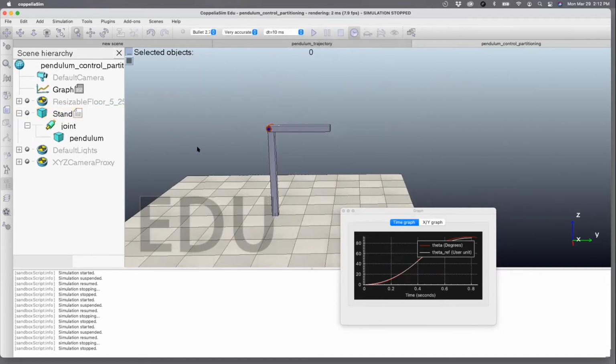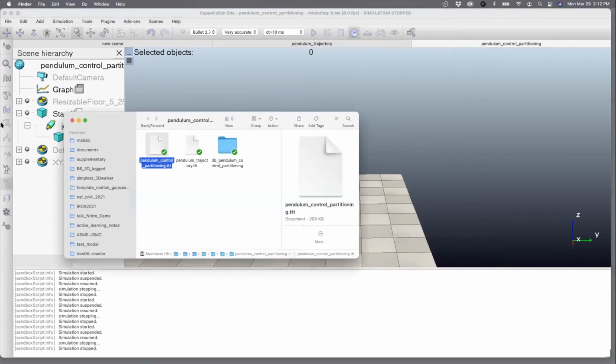Okay, so I'll stop here. What I wanted to do was I wanted to give you a double link pendulum, so 2 links, and I wanted to ask you to do the same thing for the double link pendulum. Okay, and I'll give you the start position, end position, all that. In that case, however, you will have to use what you'll need is,